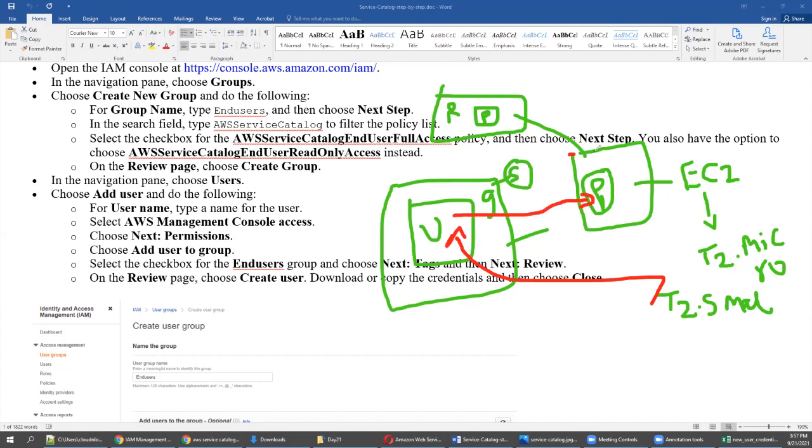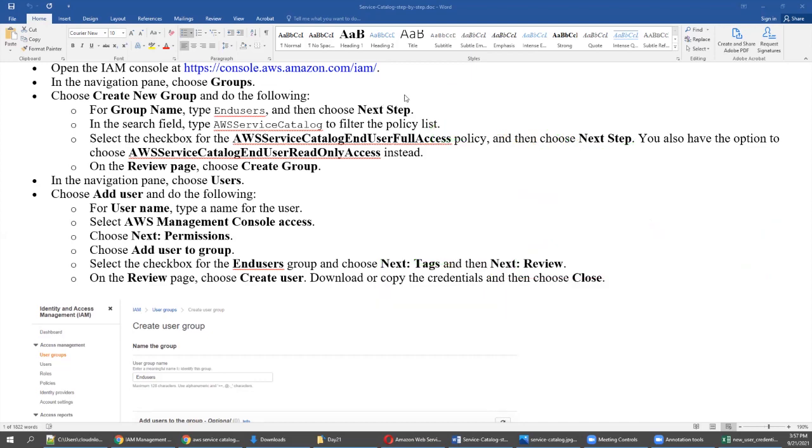That is why the portfolio is a skeleton. In the portfolio, you create permission and attach it. You create a group along with the user and attach it. You create the constraint and attach it. That's it. Now, as a product is associated with this portfolio, you can go and provision it. Let's go and check it now.